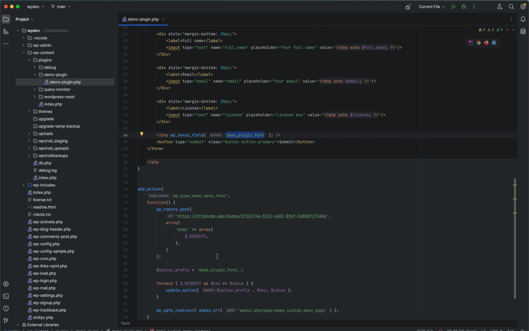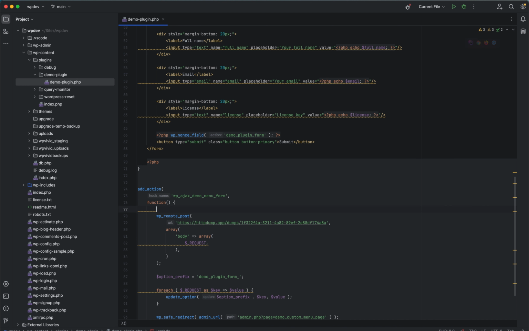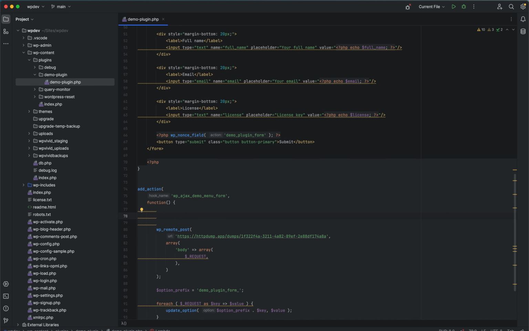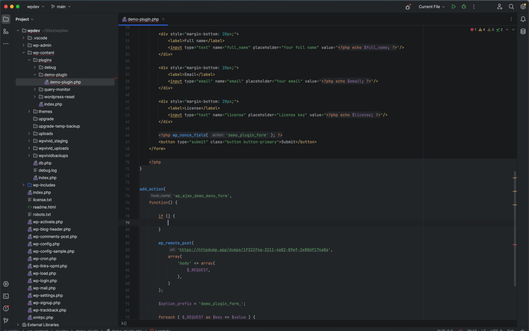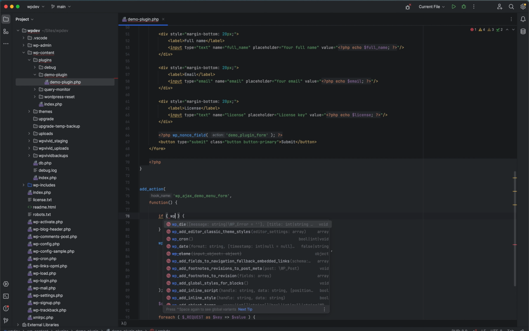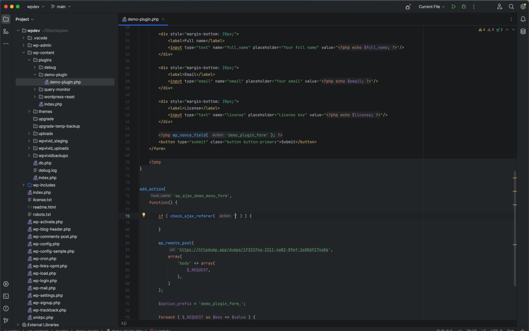Now let's take a look at how we can use it for data validation. Now, why do I mention data validation? Because again, we know that it is an expected value, and we can check for it because it is already in the WordPress database, and it will just verify for that hashed value, right? So we will again put it into an if conditional, and then we will use check_ajax_referer, and then the action name which we used here. So you may want to save that in a constant or something, and then we can say that if this is incorrect,